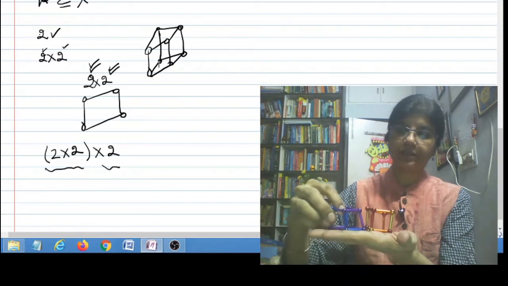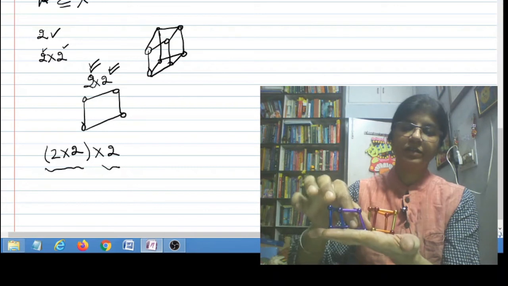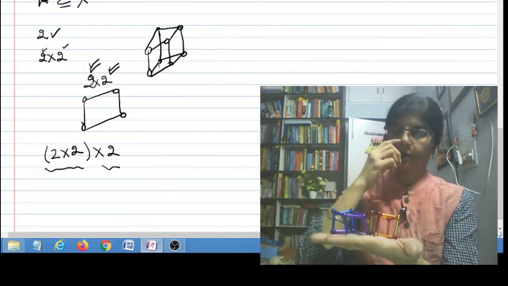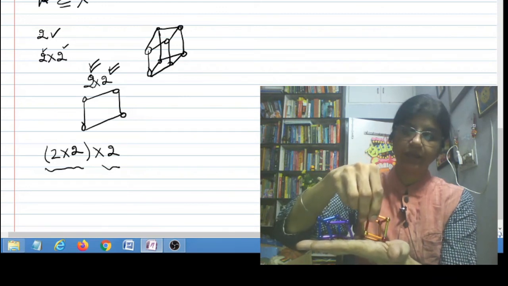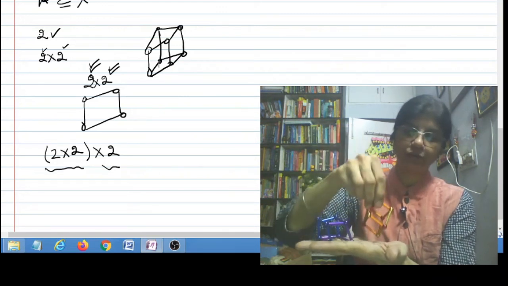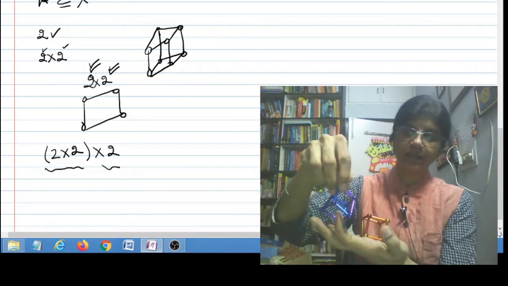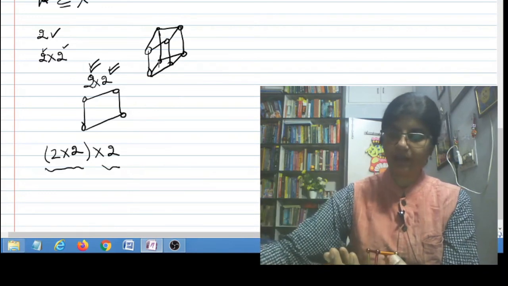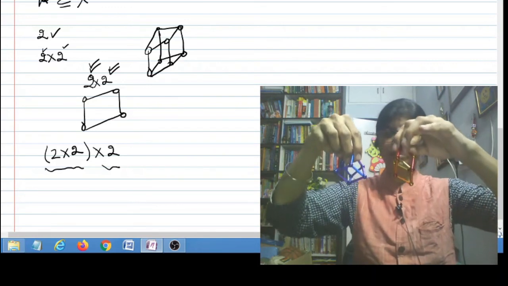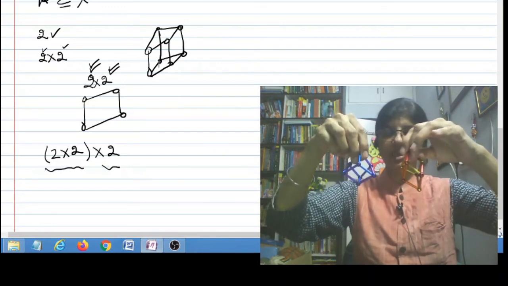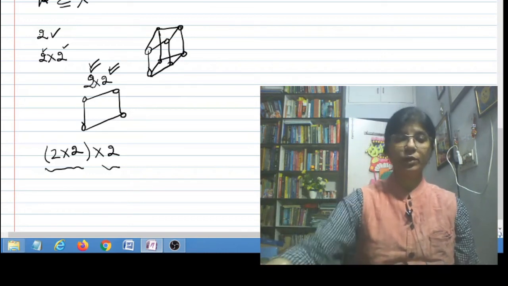power set of X, and the Hasse diagrams are alike. This is the power set of X, and this is the 2 cross 2 cross 2. Of course you have to hold the Hasse diagram like this, because there are no horizontal lines in the Hasse diagram, so you have to hold the diagram like this, and this you have to hold like this one. But both of them are alike, both of them are cubes. Just see, both of them are alike. One is the power set of X, the other one is 2 cross 2 cross 2. So the Hasse diagrams of both the posets are alike.